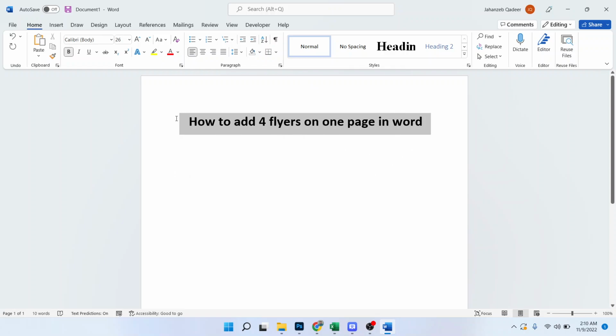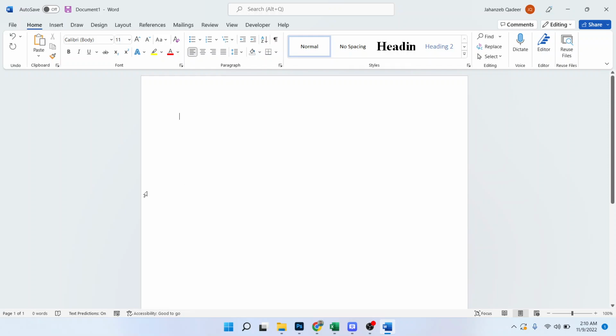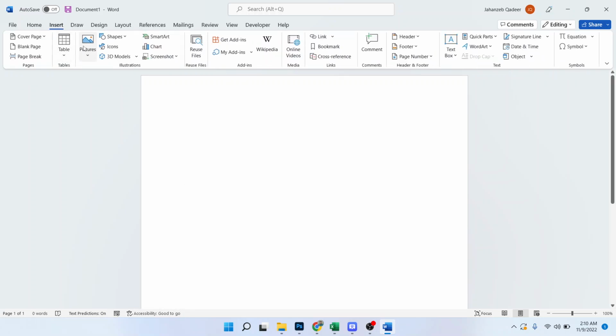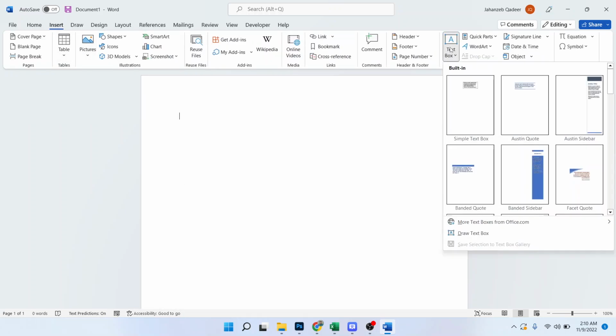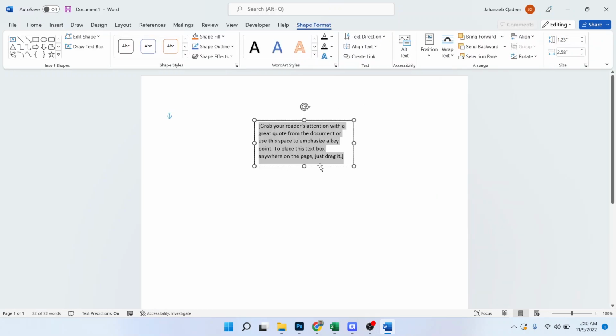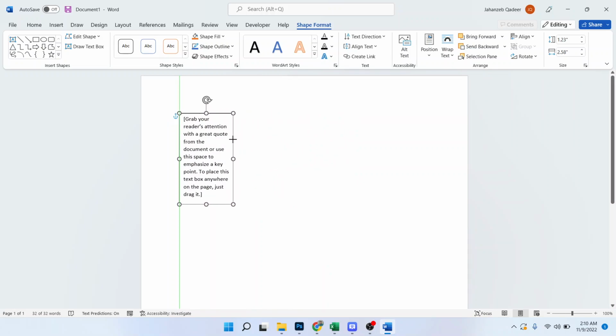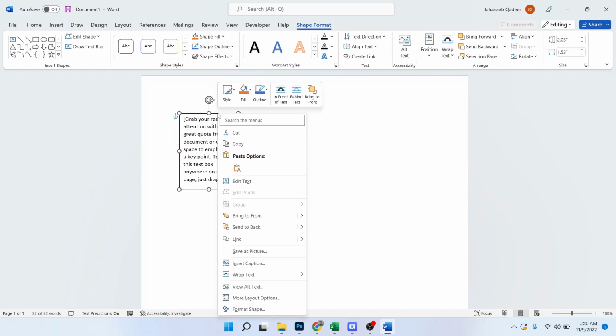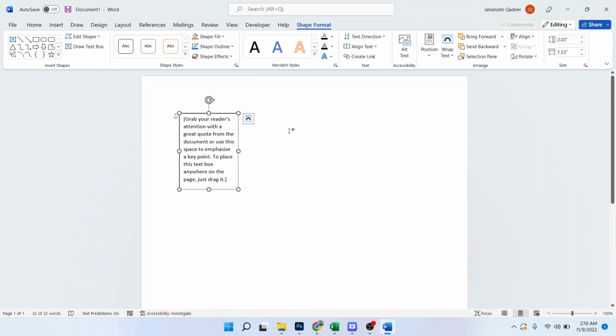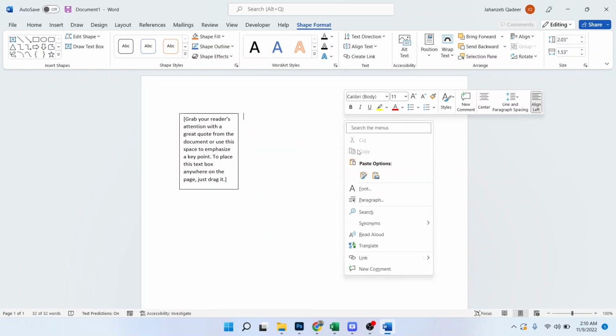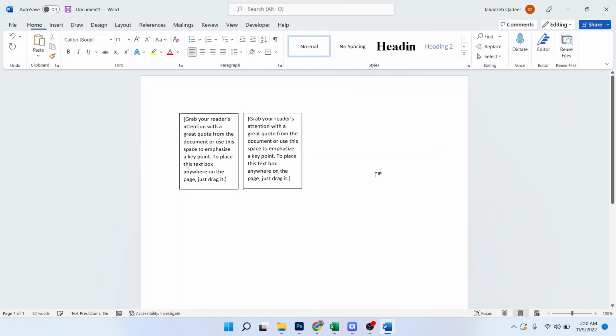So the first step, you simply need to delete that. Okay, and then you need to go and click on Insert and select the text box and click on Simple Text Box, and here you need to drag that to here, and then you need to arrange that like a flyer. Okay, and then you need to click on copy and come here and paste it, drag it to the